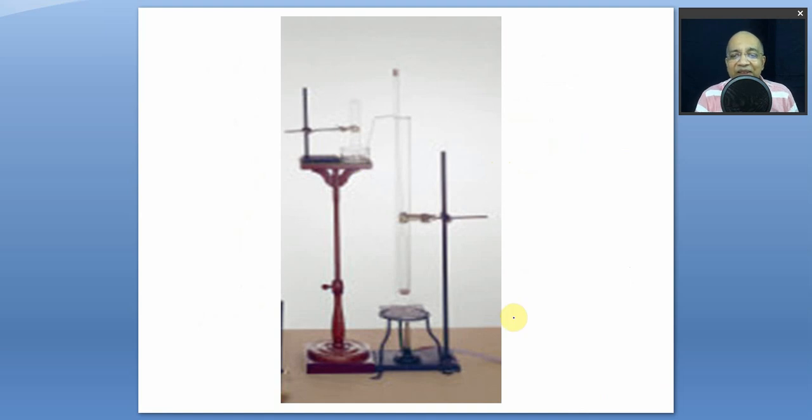So then this is simple. This is a setup, a real setup that is used in the laboratory, where this is a stand. This is a pneumatic trough. It's not visible. There is a tube filled with water. There is a beehive shelf where the delivery tube is inserted, and this is not visible. The inner part is a bulging out portion. The middle part is a narrow tube, and the upper part is also a bulged out portion. This is the stopper. A Hofmann bottle is somewhere lying on the glass wool, and displacement has occurred. Air has been collected here. It's not visible at all, don't worry.